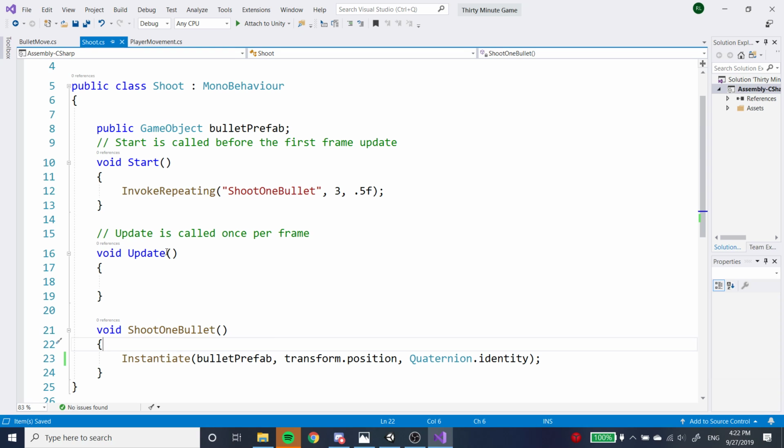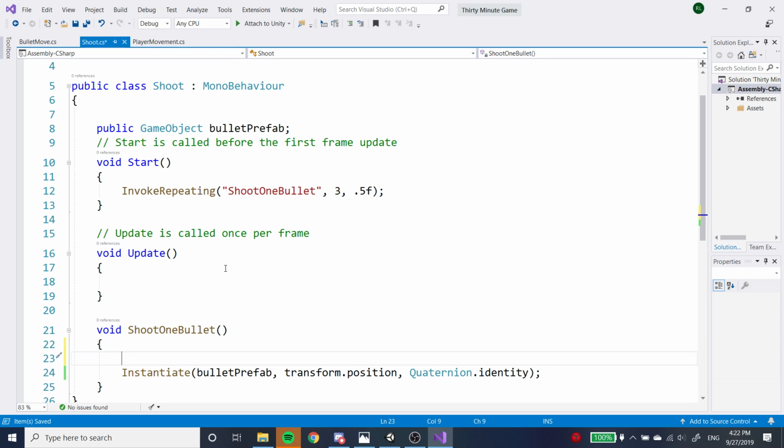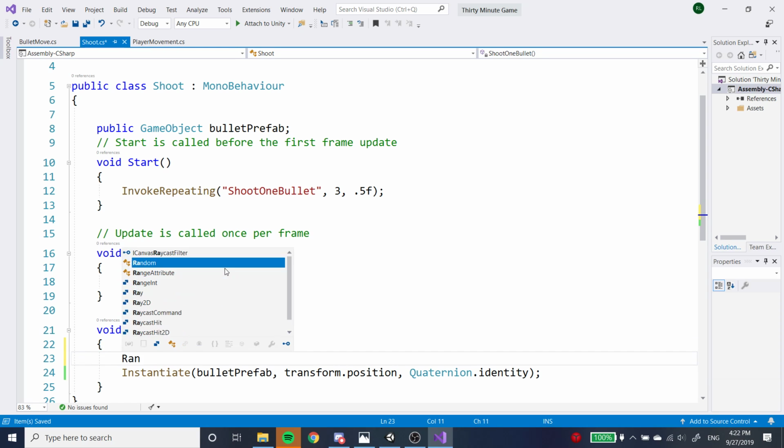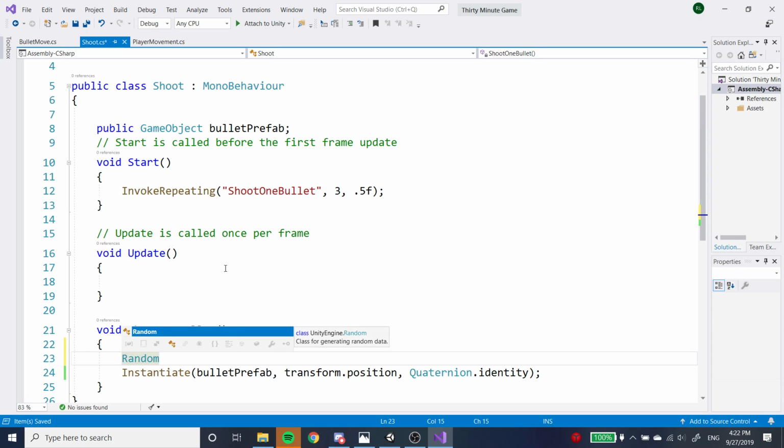So basically, in shoot one bullet, we can make it roll a dice, and if the dice falls within a certain range, then it'll spawn a bullet. If not, then it won't. And this will add an element of randomness to the game that can make the game a little more fun. So let's do this. Random. We'll use an if statement here. If